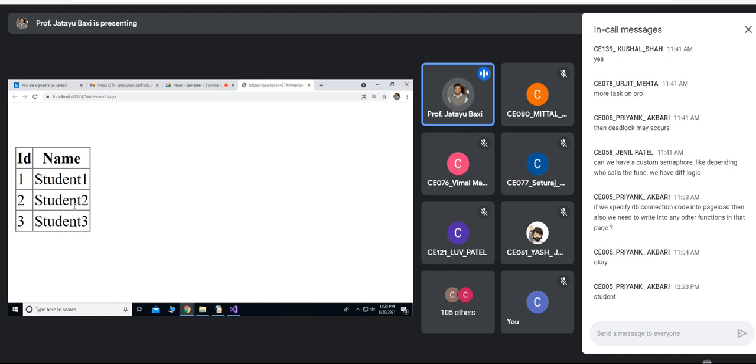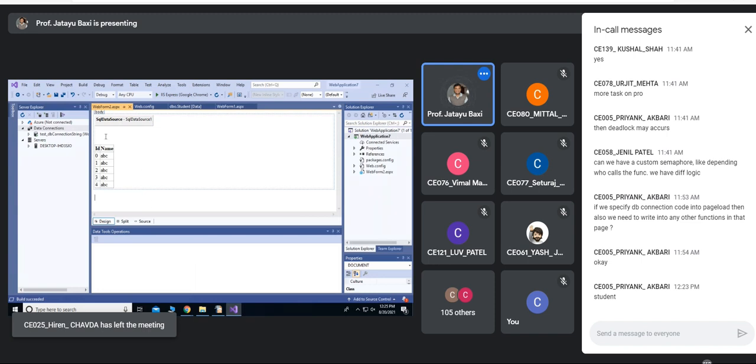You have not written any code in this entire application, not even a single line of code, but still we are able to see this output on the screen.